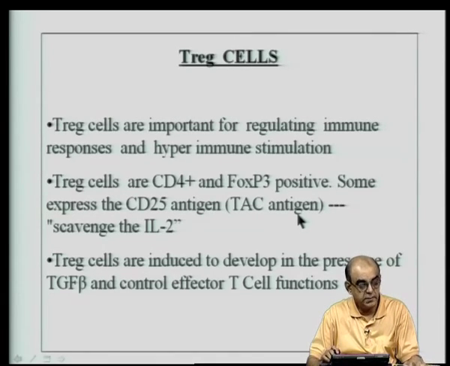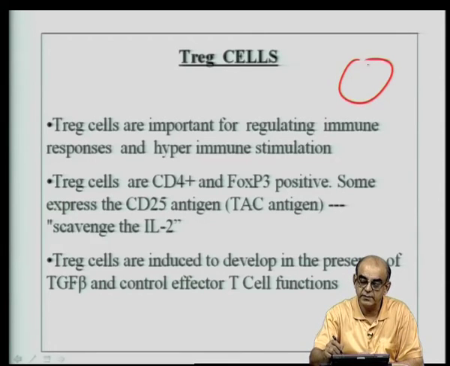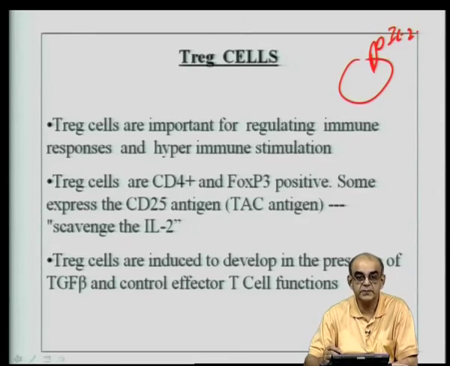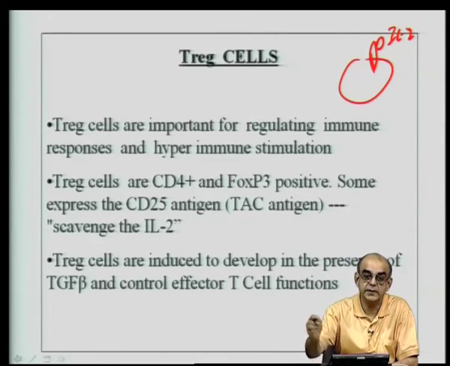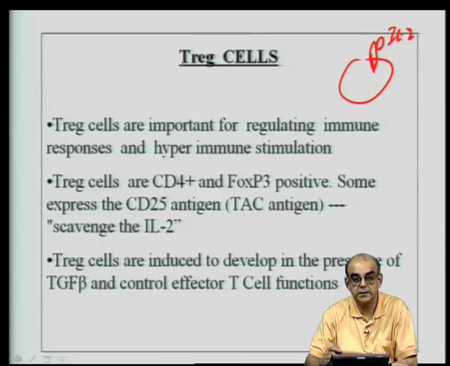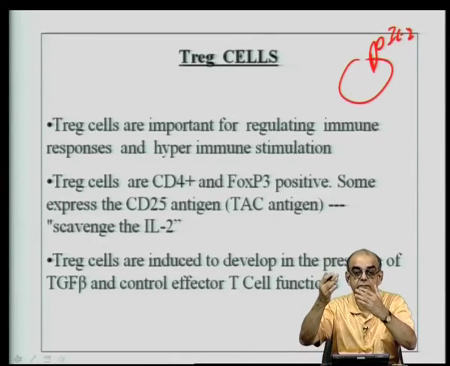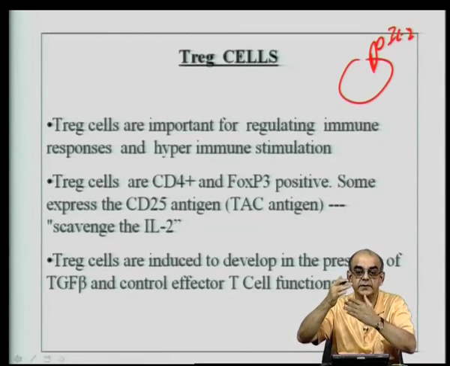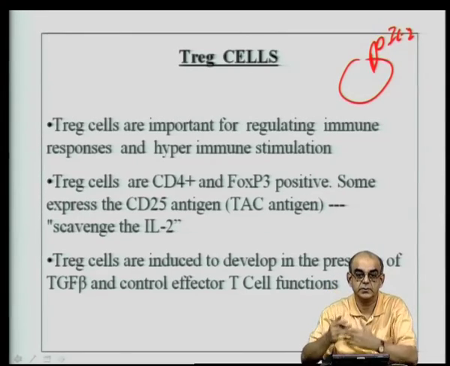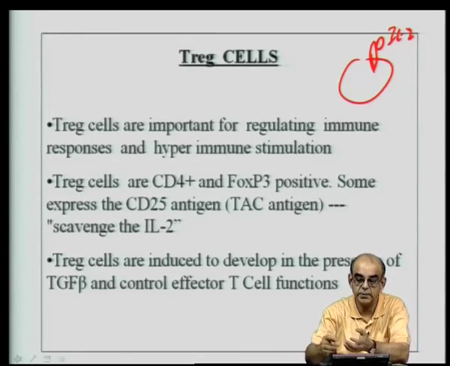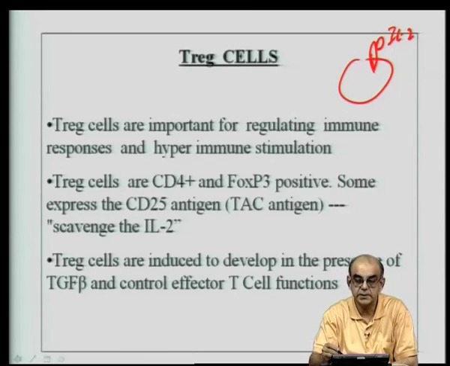The consequence of the presence of the TAC antigen on the surface of these cells is that it binds the IL-2 and therefore, it scavenges the IL-2 and makes it unavailable for the neighboring T cells that are actively proliferating, and therefore, the inflammatory situation where proliferation is occurring comes down, because more of the IL-2 is sequestered onto this subunit, and basically these cells will not proliferate because this TAC antigen cannot mediate the transmembrane signaling events, and